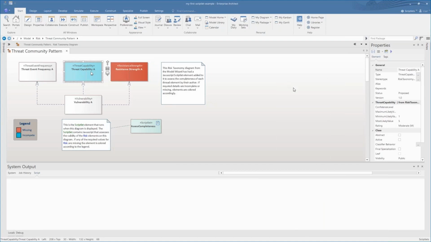Given that, if we have a look at the first threat event frequency, we also have a vulnerability, and you'll see the properties are on the right-hand side.